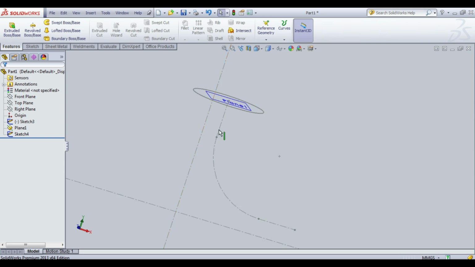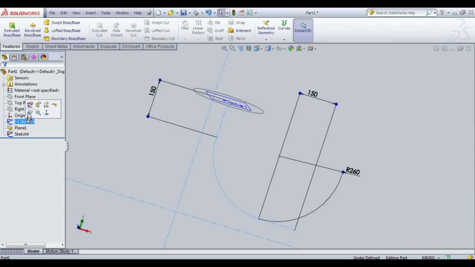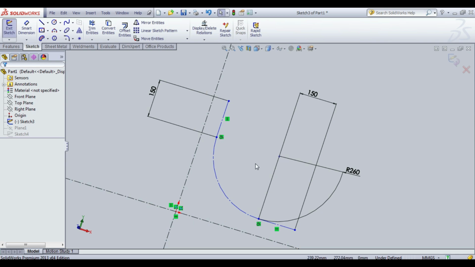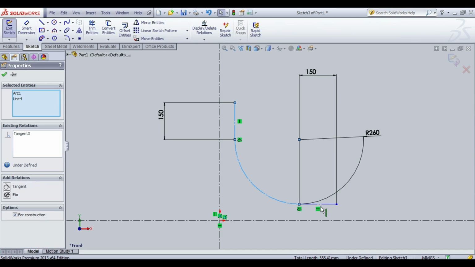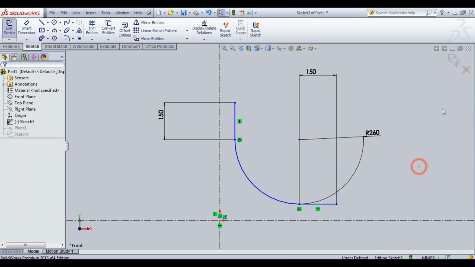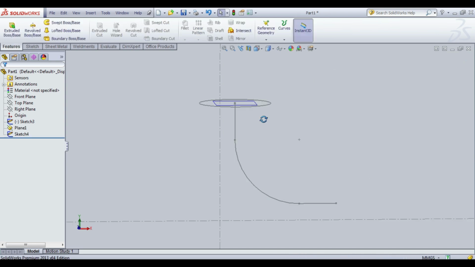You see that these lines are constrained. Before we get the pipe, these lines should not be given as construction because it's a normal line. Please change that line to normal. Again, edit the sketch. Click both lines and edit sketch again.